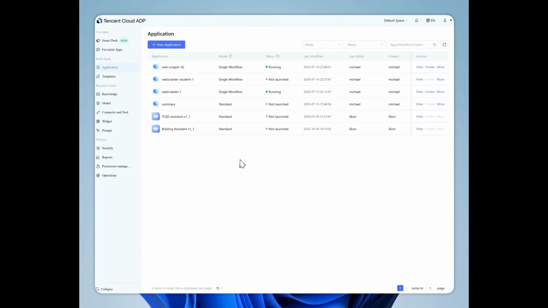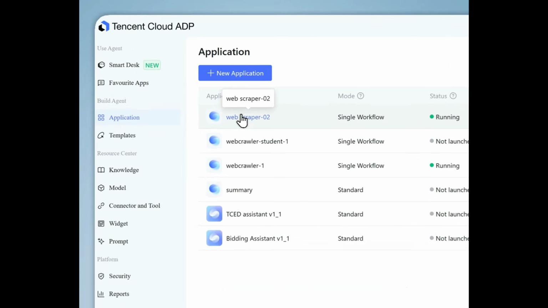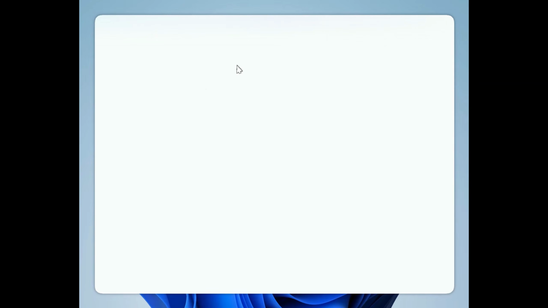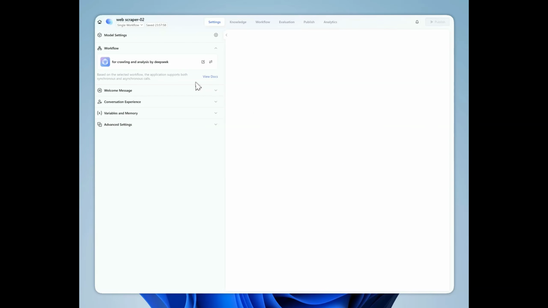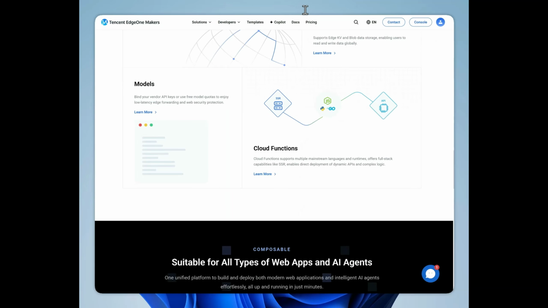So I'm going to quickly demonstrate to you how we can build a web scraper on Tencent ADP. It's just a very simple app. The scraper will be able to scrape the website content and then leverage DeepSeek to analyze the content. So over here, I'm going to use a Tencent